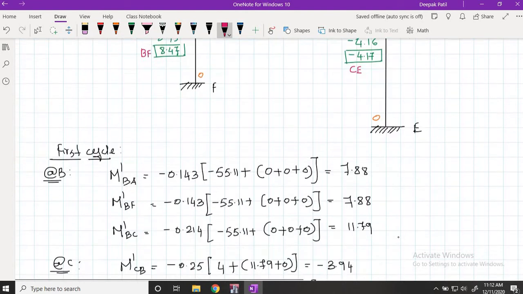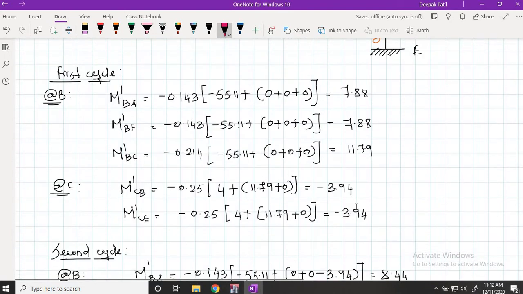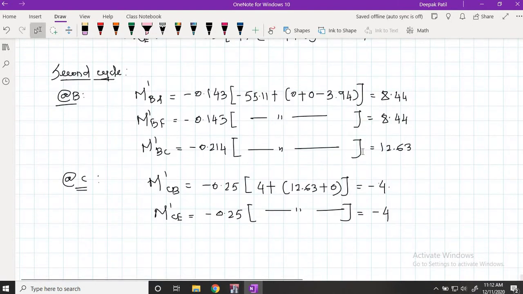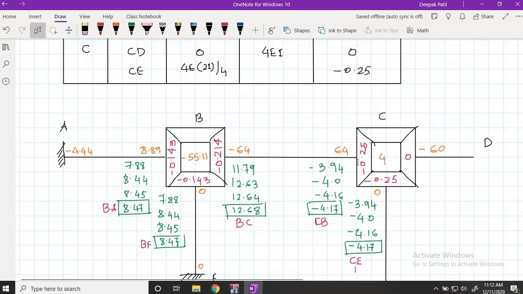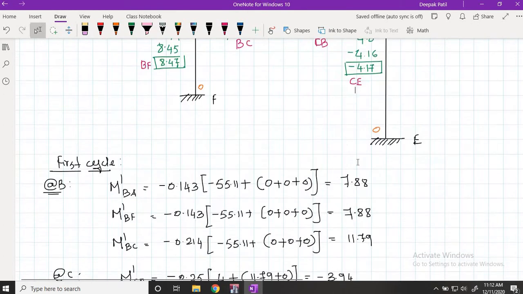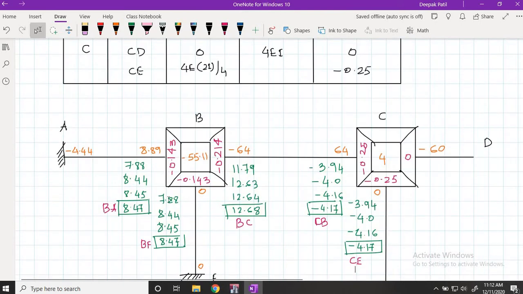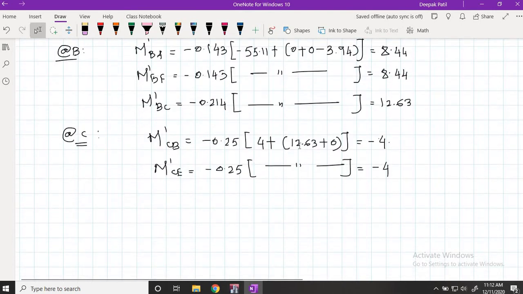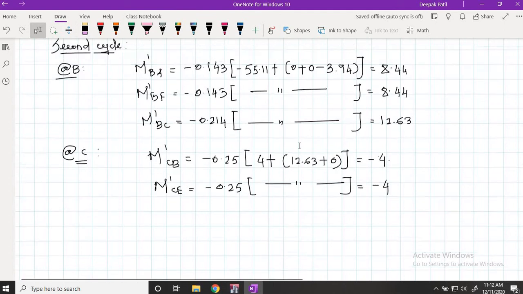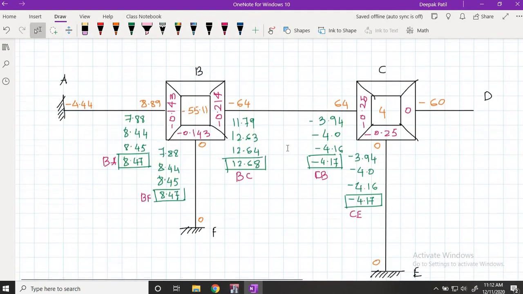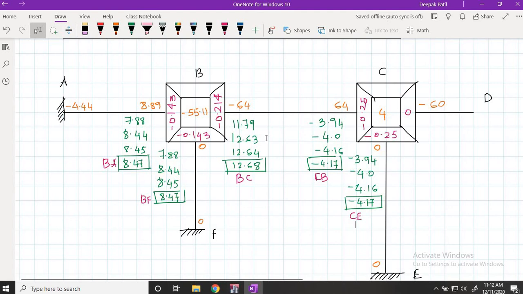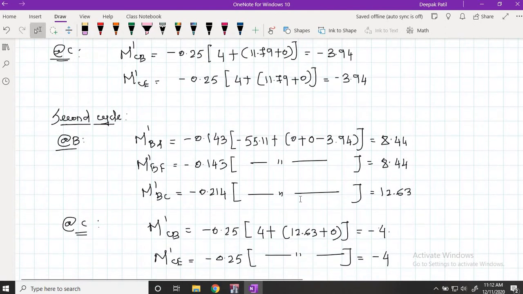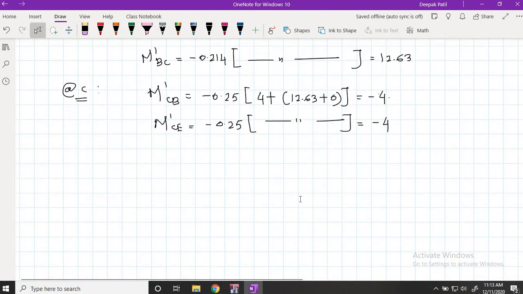Okay, let me just write down the final end moments. And of course there is no requirement to write down all these first cycle, second cycle calculations. It is not required. If you are familiar with the calculator and the formulae, you can directly write down all these rotation contribution values. Maybe initially in the first few 3-4 examples you may have to write them down, because you should be conversant with all these calculations. Once you are familiar with the calculations and the formulae, you can write down all these numbers directly without all these calculations written on the paper. Okay, now let me write down the final end moments.